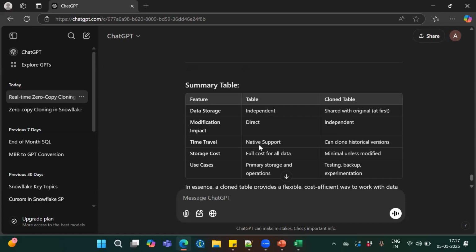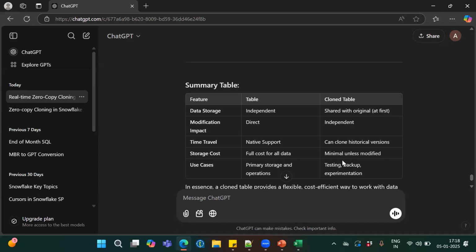Time travel has native support, can clone historical versions, and full cost for all data, minimal unless modified. This is very important actually. Full cost for all data means whenever you store the data physically in the Snowflake table, at that time they will charge $40 per month